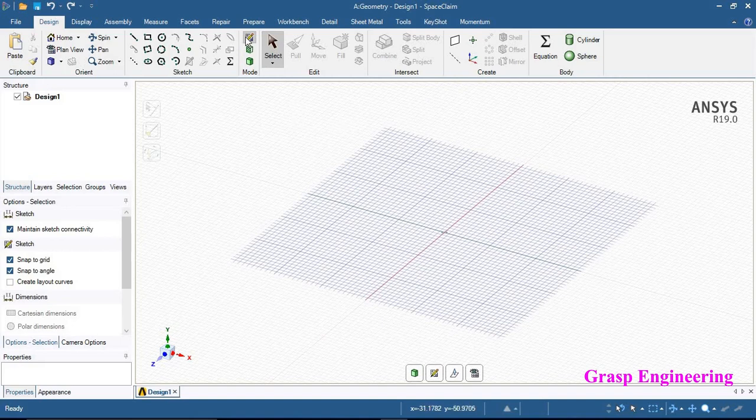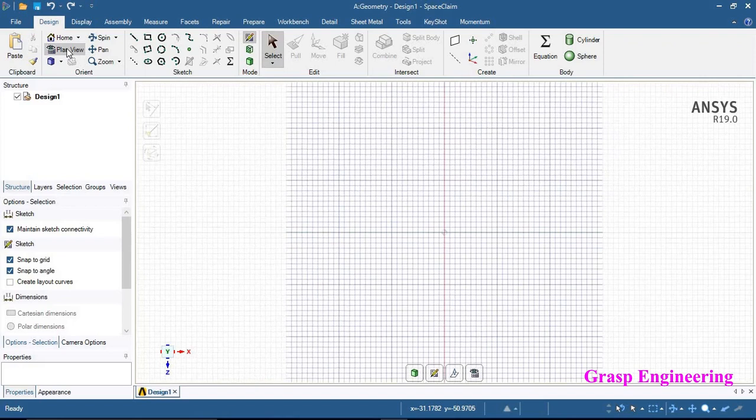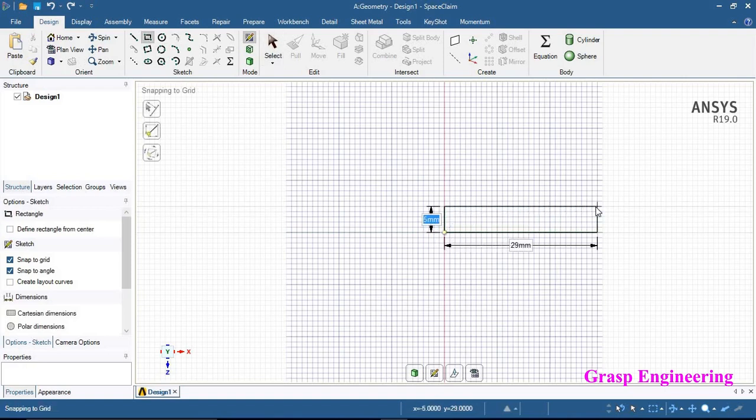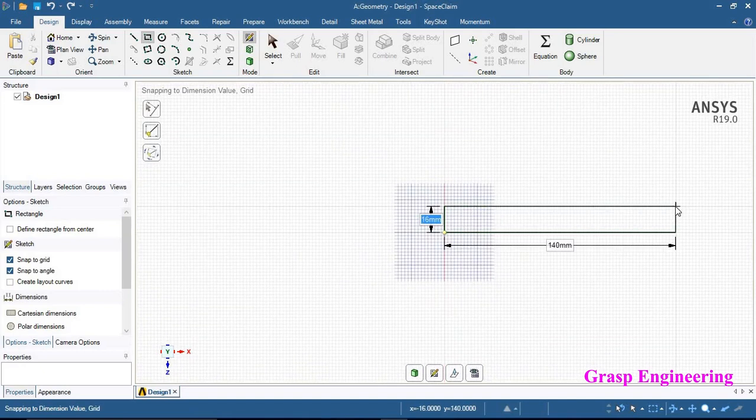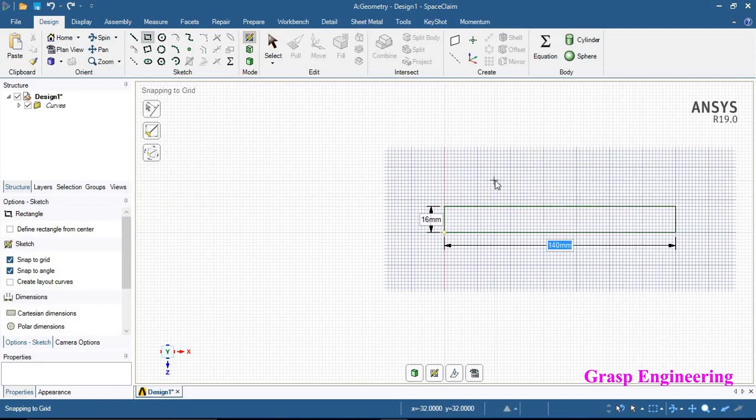Very first we will go to the plane view, sketching mode, and model the first rectangle with the known dimensions. Put 16, then 140, enter.